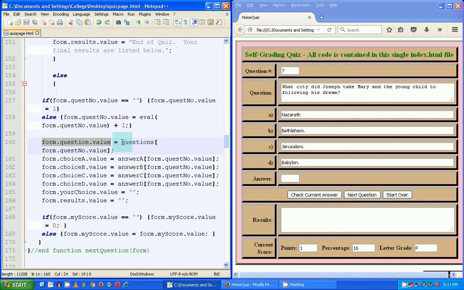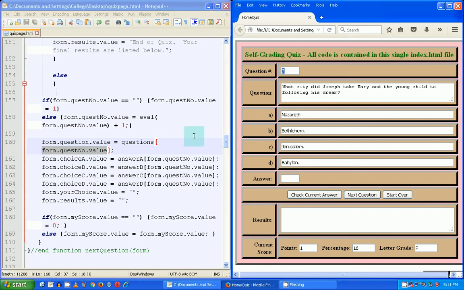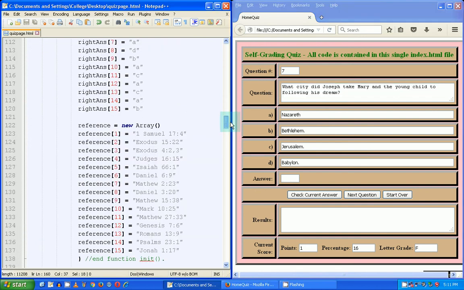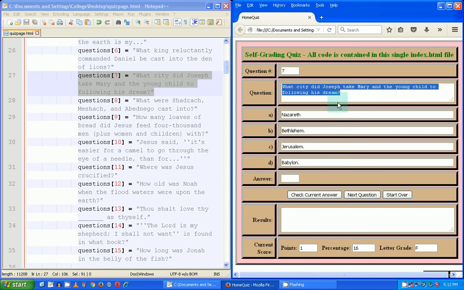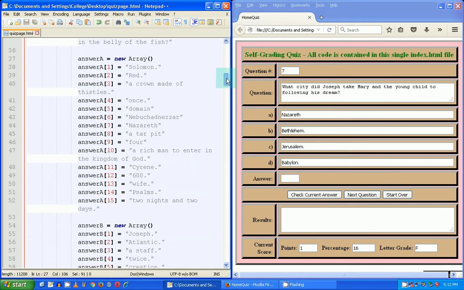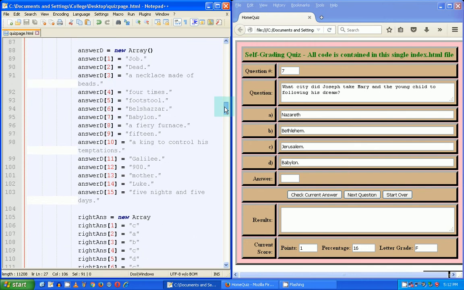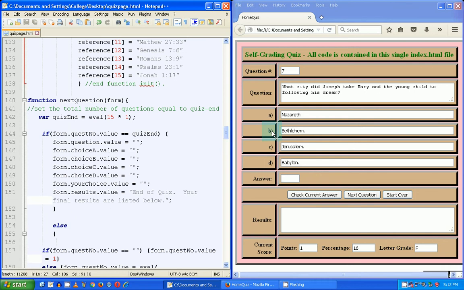that array, that questions array that we created, questions, and in the straight brackets, form.questNo.value. So if this is 7, then the value of this is going to be our questions 7, which if we go up to question 7, what city did Joseph take Mary and the young child to following his dream? Okay, so now we're establishing what the next question is going to be, what the next possible A is going to be,